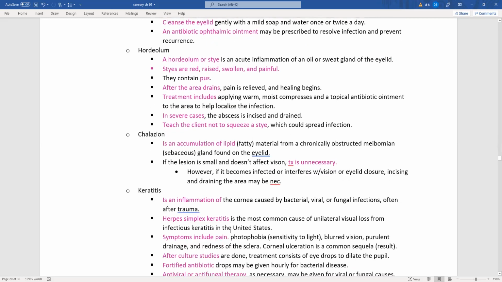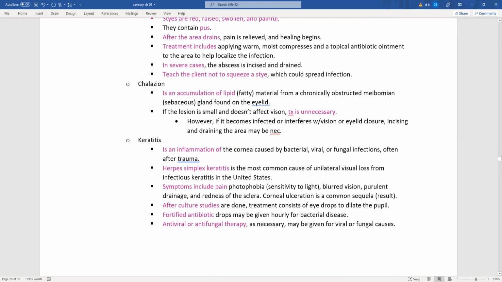So let's talk about keratitis. Keratitis is an inflammation of the cornea, because you see itis in there. So the cornea is inflamed, and it can be caused by bacterial, viral, fungal, or trauma. Okay. Herpes simplex keratitis. This is the most common cause of unilateral vision loss from infectious keratitis in the United States. The symptoms are going to include pain, photophobia, sensitivity to light, blurred vision, purulent drainage and redness of the sclera,